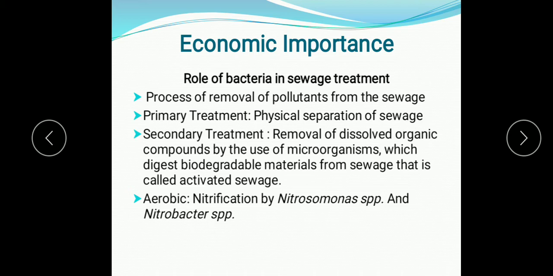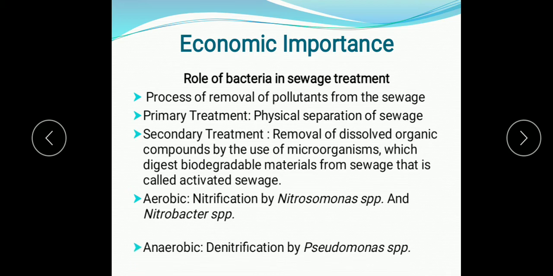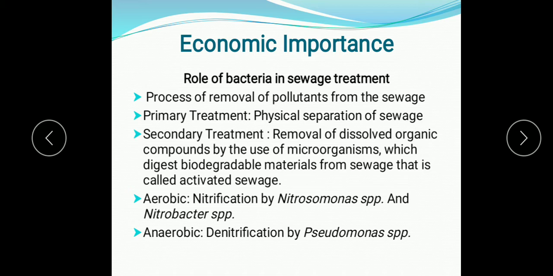So two activities are there, aerobic activity and anaerobic activity. Two processes, aerobic and anaerobic. In the aerobic process, the liquid sludge is treated with aeration to allow aerobic degradation of the nutrients. Aerobic means air, means oxygen is needed there. You have studied the types of bacteria, aerobic and anaerobic. So here, which bacteria work? They are the aerobic bacteria. And the bacteria involved are Nitrosomonas species and Nitrobacter species.